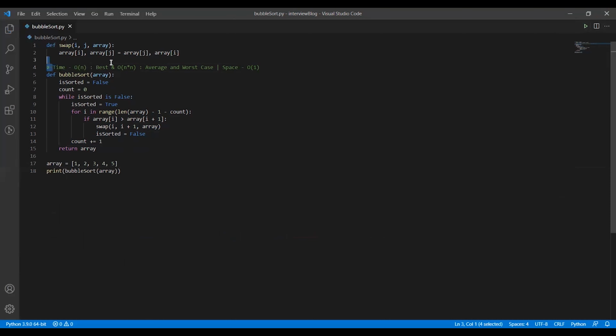So now we can see that the time complexity of our algorithm is big O of n in its best case. This is because when we give the input array as 1, 2, 3, 4, 5, which is already sorted, our isSorted variable will first hold the Boolean value false, then isSorted will become true. Then this for loop will traverse the array until the last before element, and at each case, we will never get into this if condition. So isSorted will remain true and it will never become false. Hence, we'll be traversing the array only once and returning the array. Therefore, whenever the input array is sorted, our time complexity tends to be big O of n.